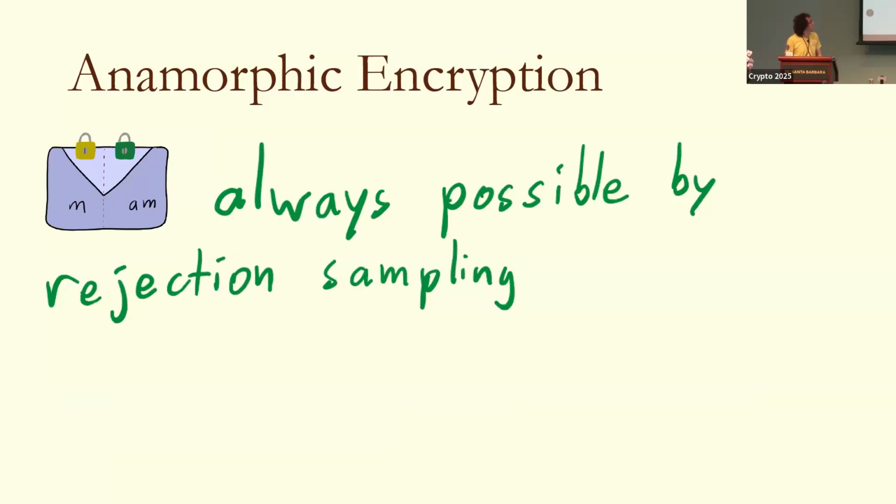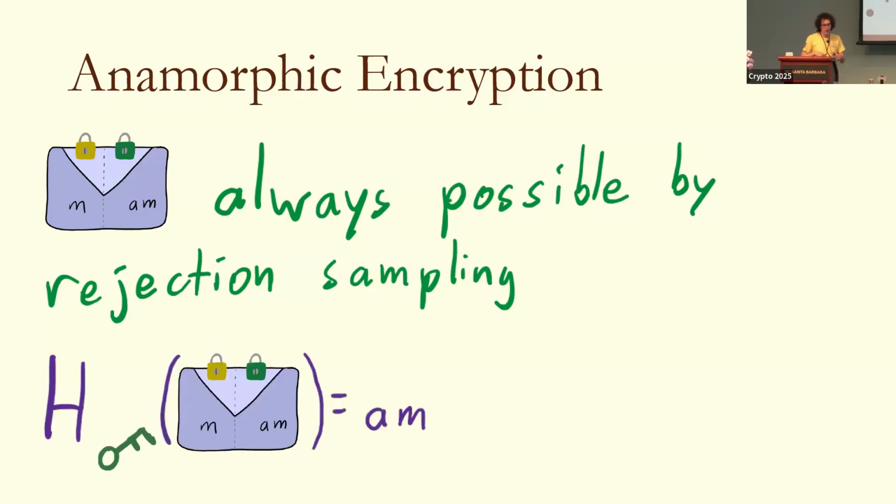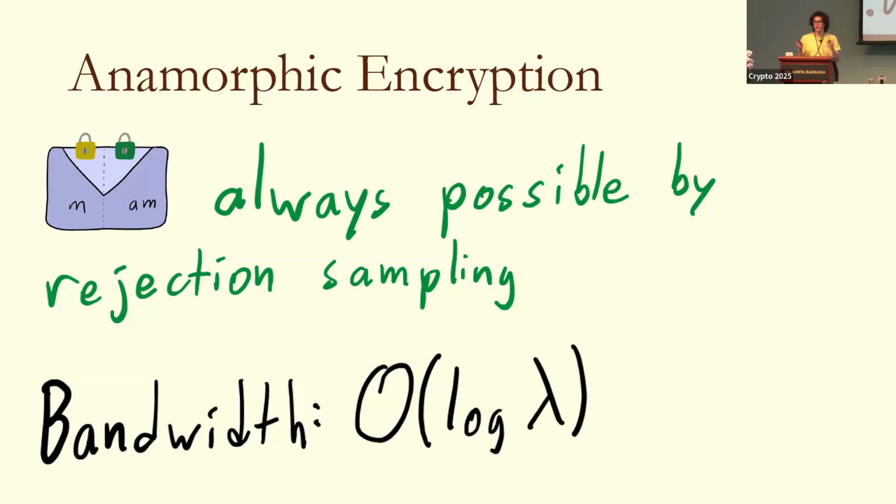Okay, so it turns out that anamorphic encryption is always possible by a rejection sampling based protocol. In particular, the sender can just sample ciphertexts until they hash under some shared key to the anamorphic message. And this works perfectly fine. But since it's rejection sampling, you can only handle logarithmic length anamorphic messages. And so this scheme has bandwidth O of log lambda, for whatever log you